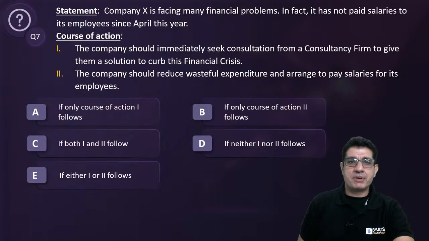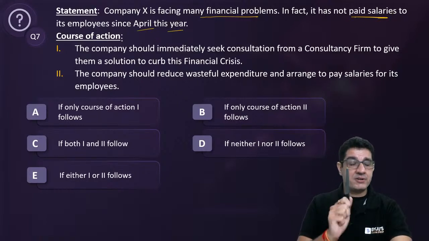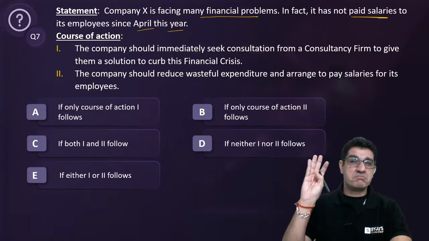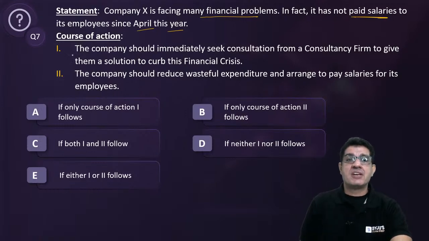So let's look at the statement. What is it that we know? Facing many financial problems, not paid salaries since April this year. Right now you and I are in September. April. So May, June, July, August. So we talk about 5-6 months. Now option 1 says seek consultation from a consultancy firm. This costs money,